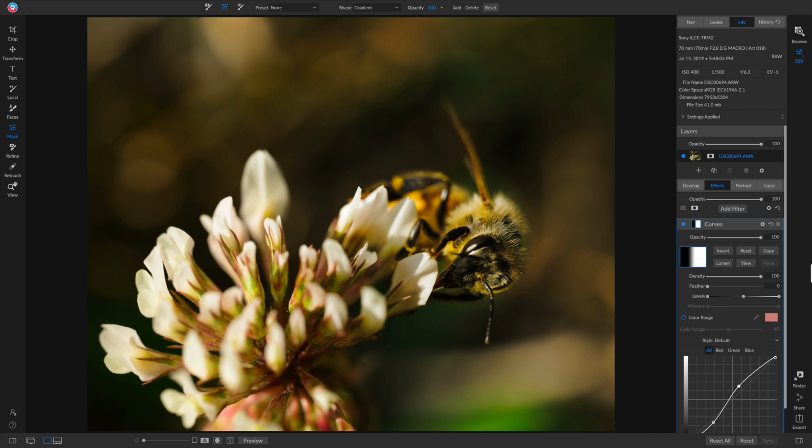Another cool feature with masking, and the basics of masking, is just to copy and paste masks. With this area, I can see that this curves filter is only being applied to the right side of my photo. Well, if I want to use this same sort of mask and apply settings to the same sort of area, I can actually copy that mask and apply it to different filters. So if I go in here and I copy this mask,